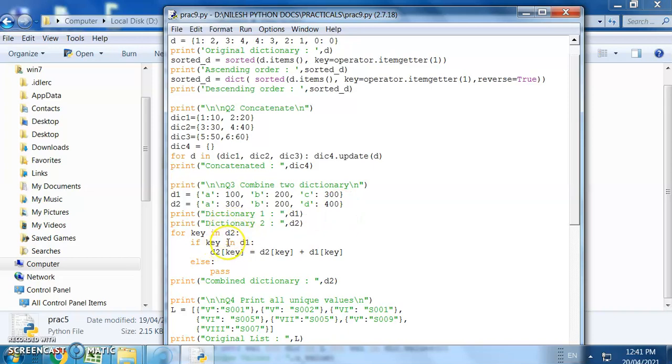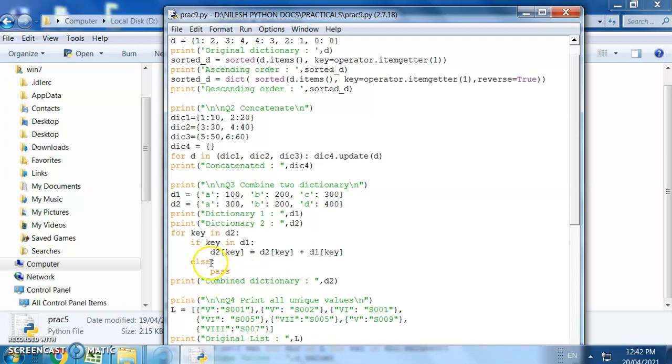So we have specified here dictionary 2. If key in dictionary 1, D1, then what is going to happen? D2 key is equal to D2 key plus D1 key. It's going to perform addition of the key values, and it is going to be applied on D2 keys to combine the dictionary.